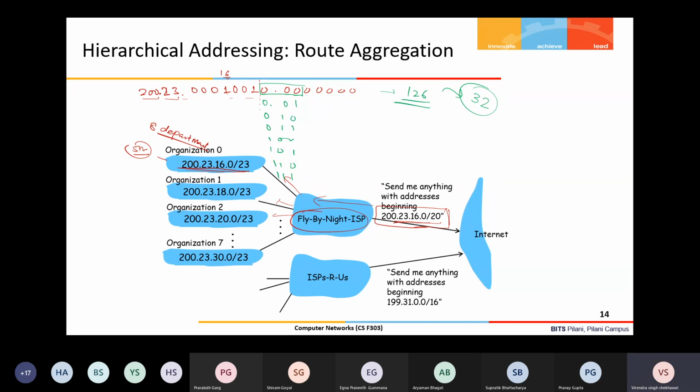Okay, one last thing now. Here you can see that similarly there may be another service provider, and that service provider has been assigned a different IP address block that is definitely different from whatever has been assigned to Fly By Night, and that service provider can also give small chunks to each individual organization, depending upon their requirement. Now consider one scenario. This is hierarchical addressing, which is the reason why longest prefix matching can be done, and that gives me the perfect forwarding, and datagrams will reach the destination.